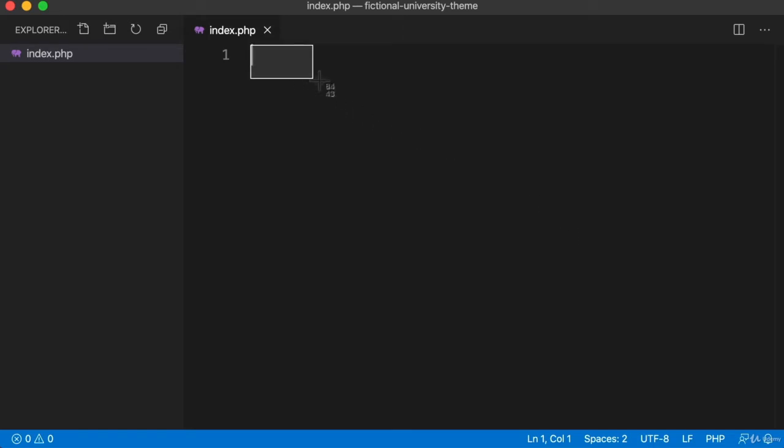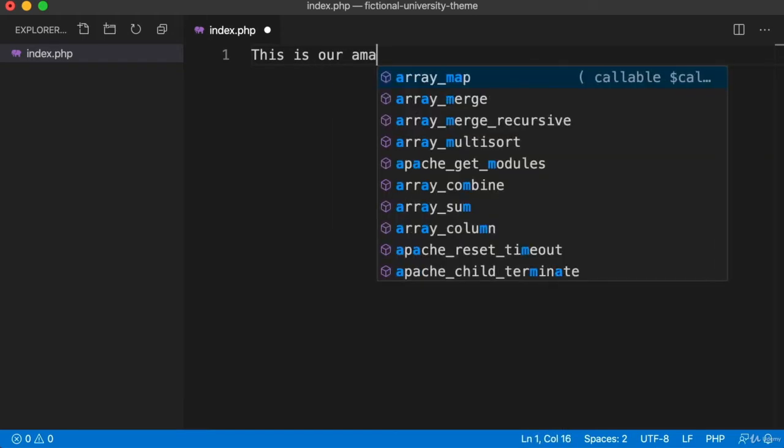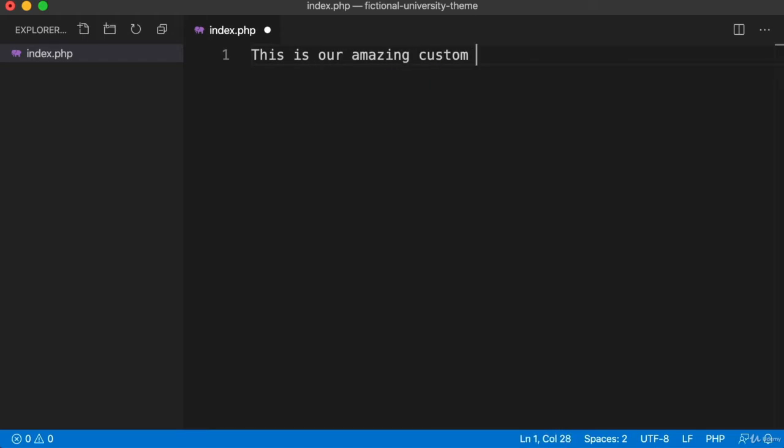Okay, and what do we want to write within the file? For now, let's just add a bit of placeholder text that reads, "This is our amazing custom theme." Save again. All right, so I said we needed to create 2 files, so we created one of the 2. Let's create the second file. So over in the left-hand sidebar here, we can just right-click, choose New File, and we need to name it